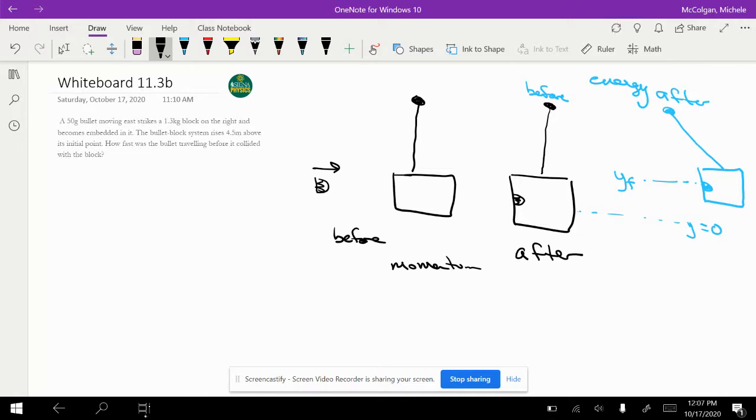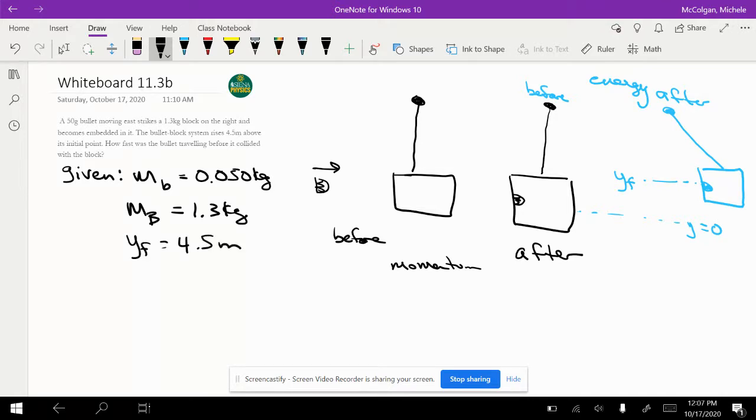Okay, so our givens: the mass of the bullet is equal to 0.050 kilograms. The mass of the block, we'll call it capital B, is equal to 1.3 kilograms. We know that the y final of the bullet in the block is equal to 4.5 meters. And so for our finds,